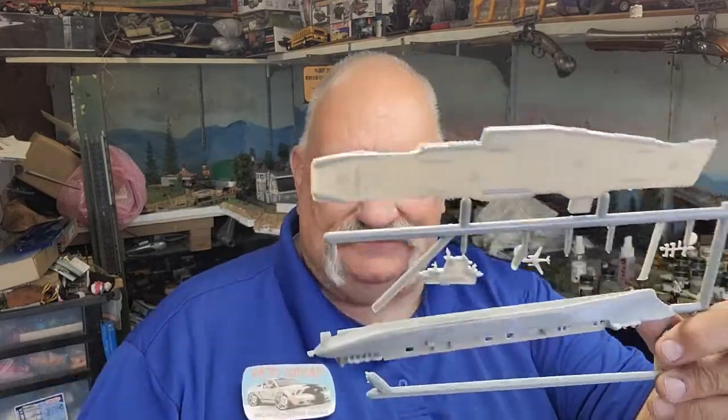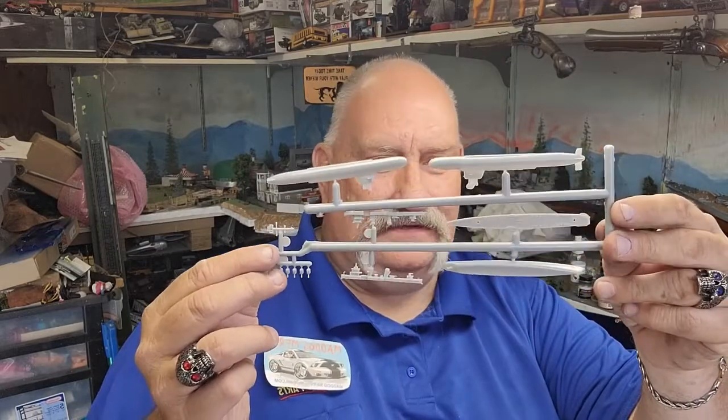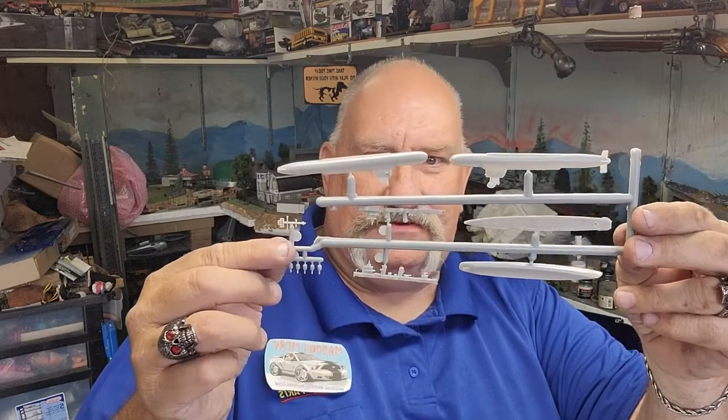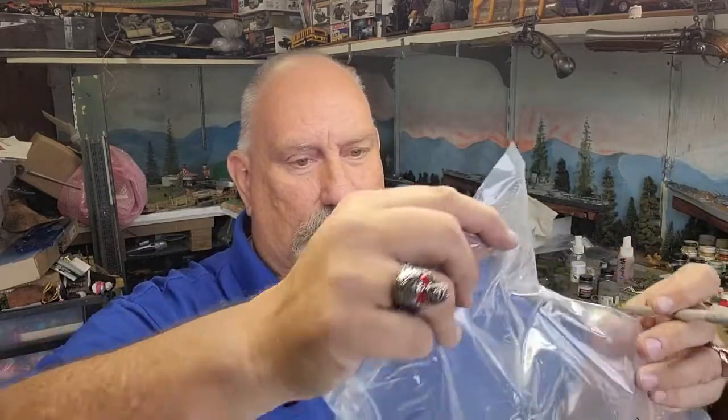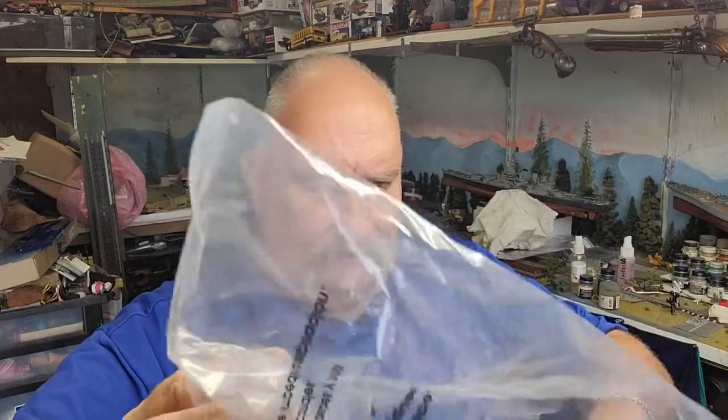So it's not horrible, but I mean, 1960s technology. This has definitely not been updated. But there's not a lot of flash and whatnot on it, which is good. Well, except for your conning tower of the submarine here. Okay. But there's these pieces. Yeah, I was really surprised how large these are. I just figured this was going to be much smaller. I'm pleased with it. But like I was saying earlier, you never know what you can use some of these odd scaled things for. Either dioramas or,